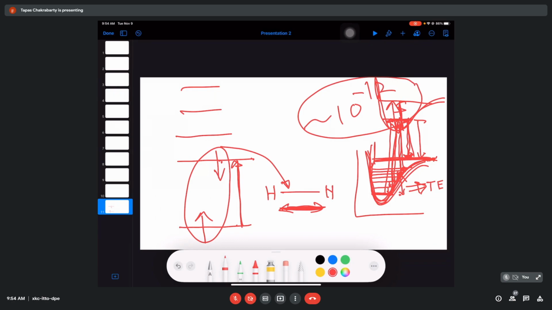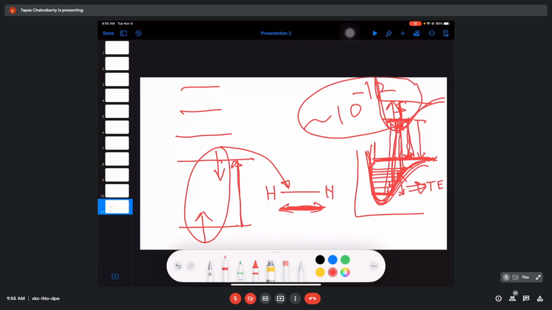It means that it has a definite ground state geometric structure, which can be measured by different means. If it is a large molecule, then the only means are crystallography or nuclear magnetic resonance spectroscopy. I don't know whether you have studied that part or not, but it is very commonly used these days for the measurement of the structure of these biopolymers. But in the ground state, it has a definite geometry.